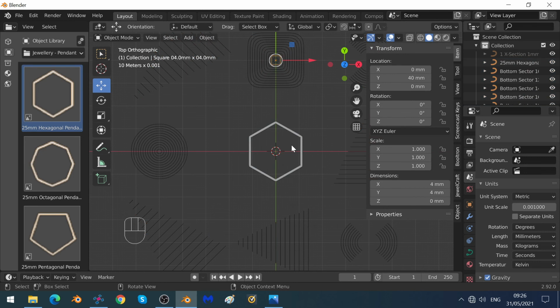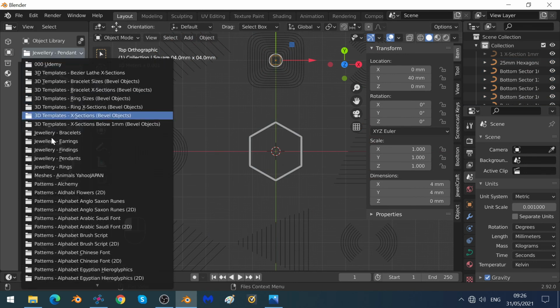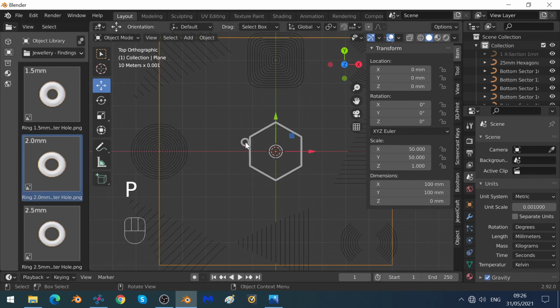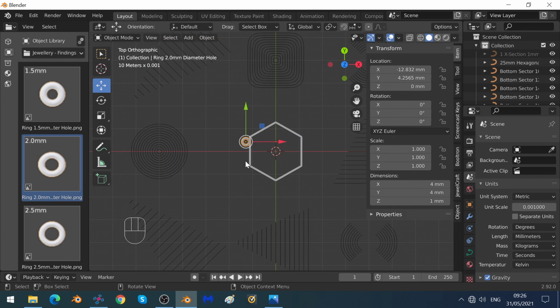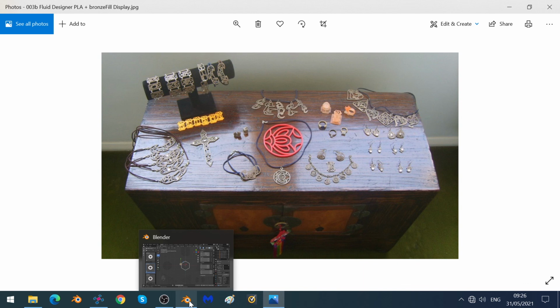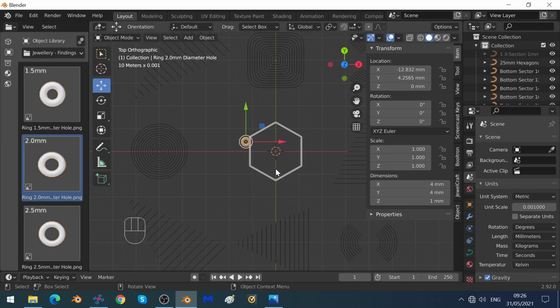what you can do is to put some patterns in the middle there, and then if you go to jewelry and findings, and if you drag and drop, and if you put one there and then another one here and another one here and another one here, you will be able to come up with some bracelet designs similar to this. So you'd need to calculate how many do you need, probably 6 or 7 or 8 to go around to make a complete bracelet. Design a few of the panels,